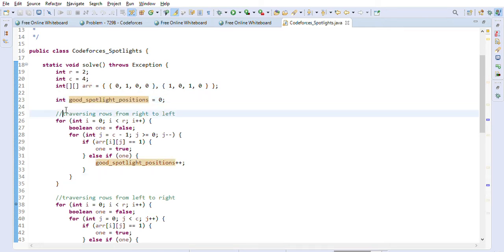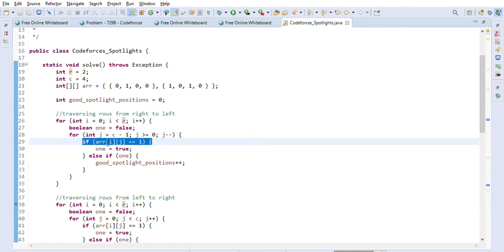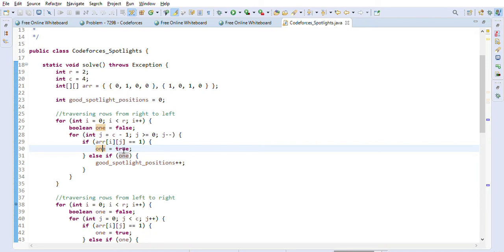Now we are traversing rows from right to left. As you can see, I is equal to 0, I is less than R, I plus plus. So we are going row by row, and we are going from right to left. As you can see, we are starting from the end position and going towards 0 basically, right? So first thing is, whenever we find a 1, we will just make our one flag true, right?